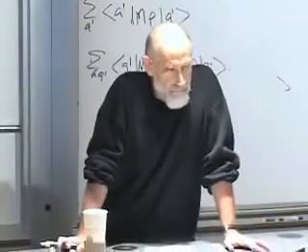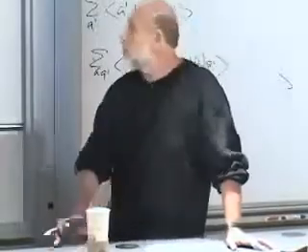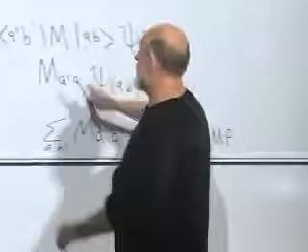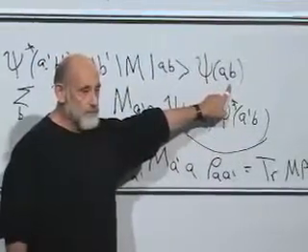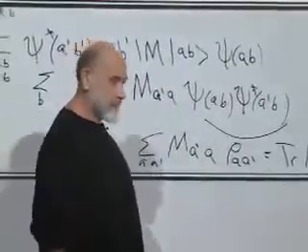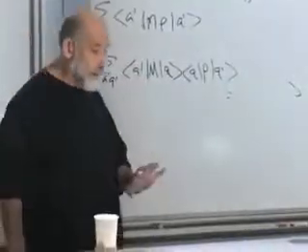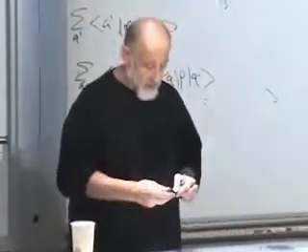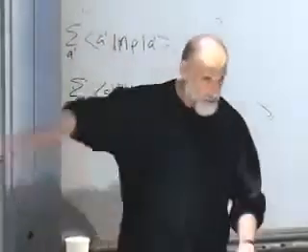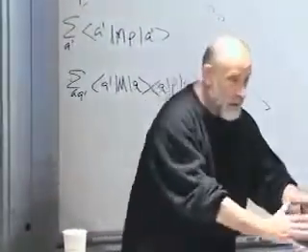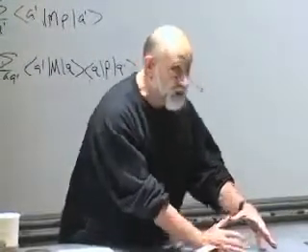You said you started with a pure state, which was just AB. No, not AB, but sum over AB of psi A. This is the most general pure state of the combined system. Okay, so let me say it again. You have a combined system. It's in the purest possible state, psi. When you look at a subsystem, the subsystem will be in a mixed state, in a statistical state.